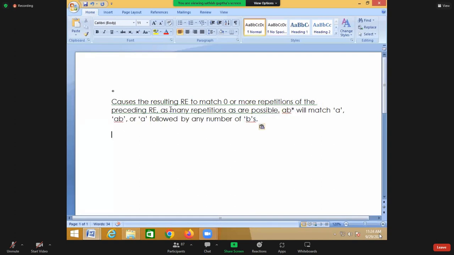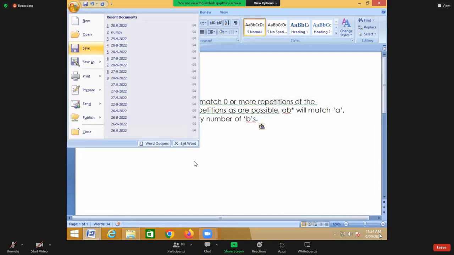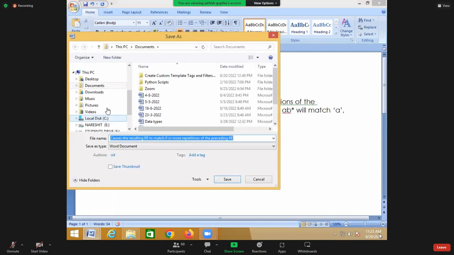So AB star means it will match A followed by B, or A followed by any number of B's. So repetition, right? For example,